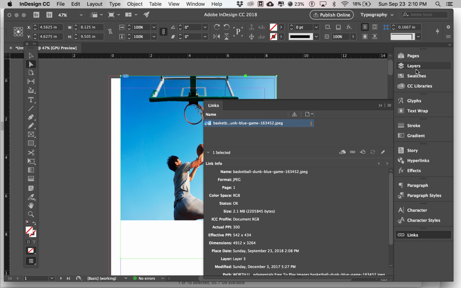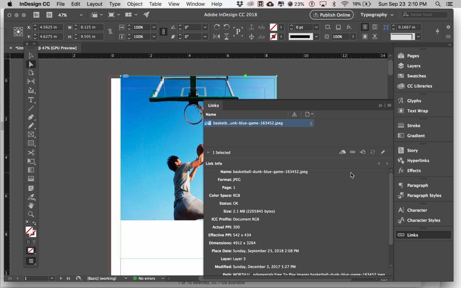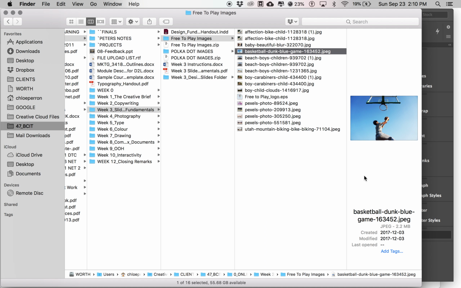But say you're working with photographers, with a whole bunch of different suppliers of images, and you are getting images from a photographer, and this image is given to you, and then the photographer says, I just want to update it, I want to change the color, I want to do something else. Now, what's really beneficial to InDesign is that we don't have to relink it. So say the photographer sends you this file and then updates it later, as long as you maintain the path or the linking,